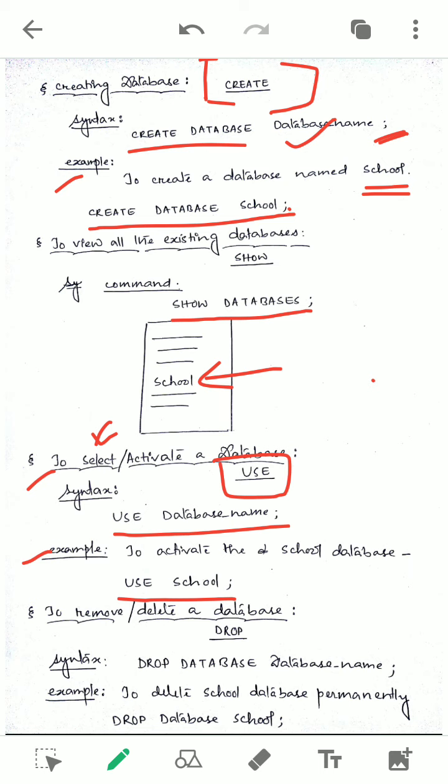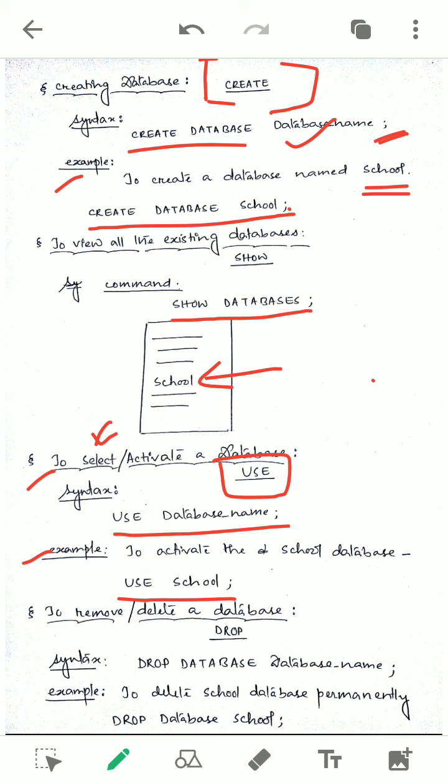If you want to view all the tables under a database, you have to activate the database. Remember, without activating a database you cannot display the tables under it. Once it is activated, you can use SHOW TABLES under the school database. If you have created some tables, they will display. As yet we have not created any table, so it will show an empty set.